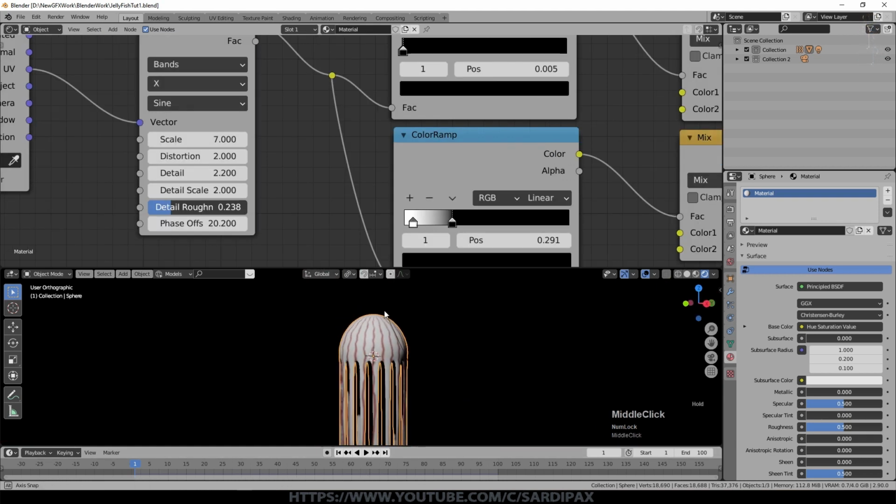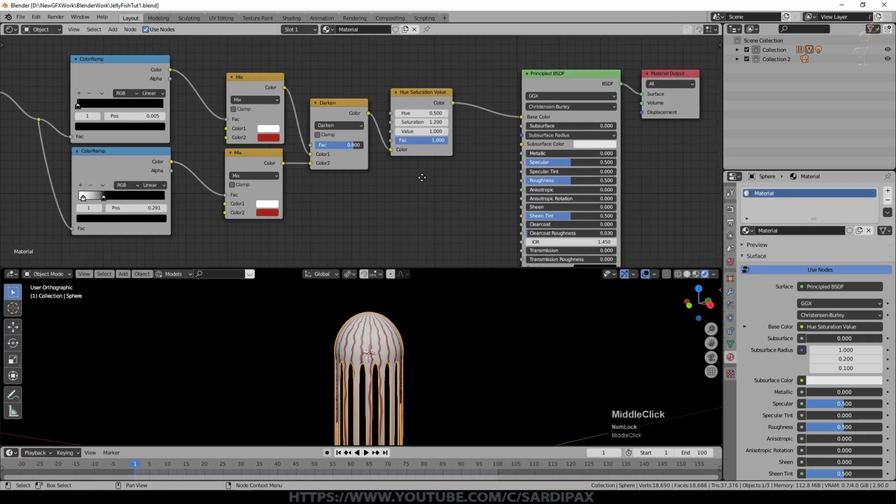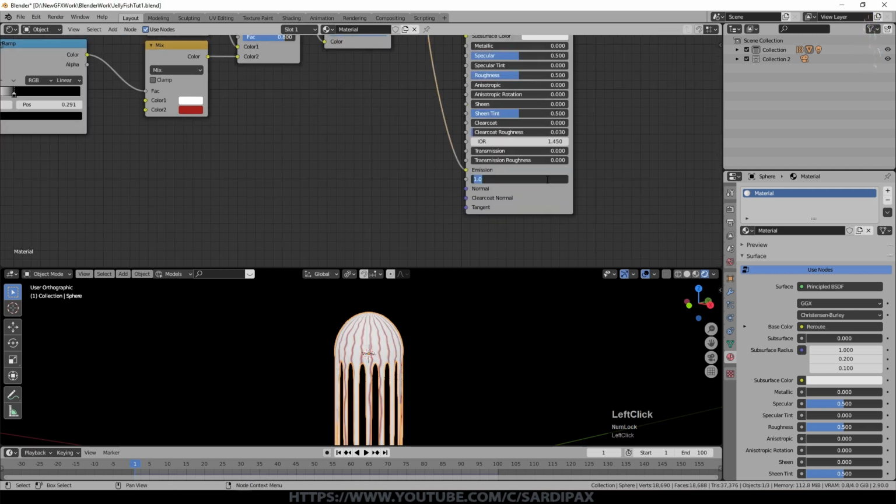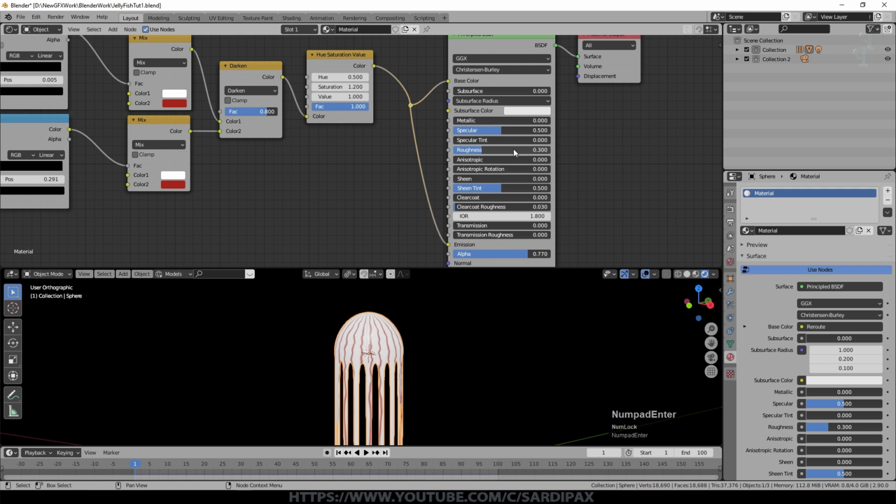So having created our basic material, what I then did was also have my color going down into emission. Again, you can hold Shift and create a node there to make things easier. I set alpha to 0.77, so that basically makes it slightly transparent. I put the index of refraction up to 1.8. I'm not sure that did an awful lot. Roughness I had at 0.3, so slightly less rough.